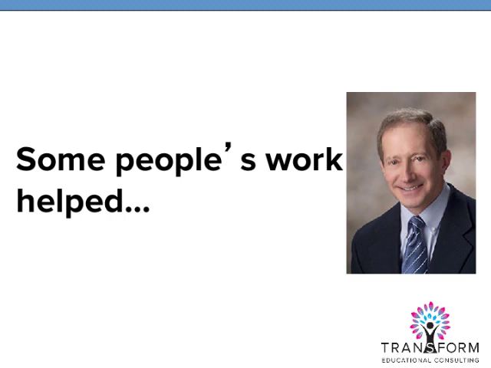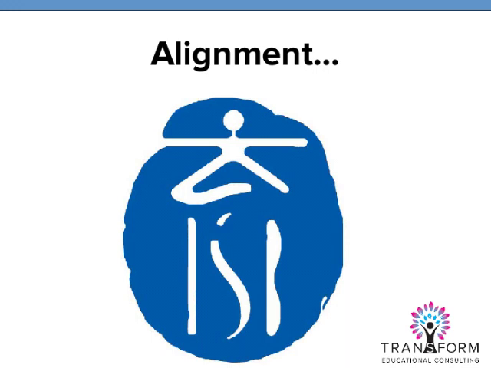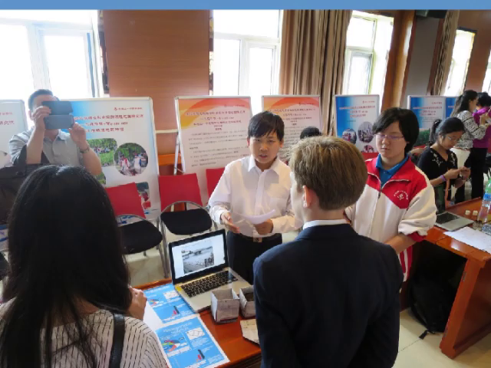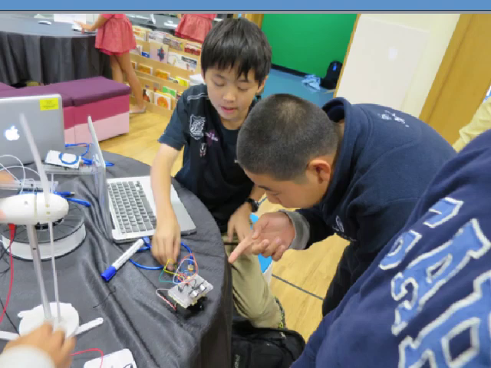And so I looked for a place in which to test my ideas. And this was International School of Beijing. They were looking to align their standards-based instruction with their standards-based grading. And so there, I was able to start a unique school within a school to model this for the rest of the school. This school is called Futures Academy. This school finally was able to align standards-based instruction and standards-based grading and do some pretty neat things.